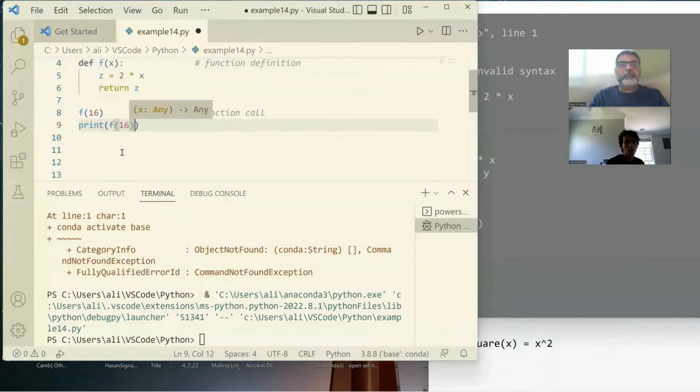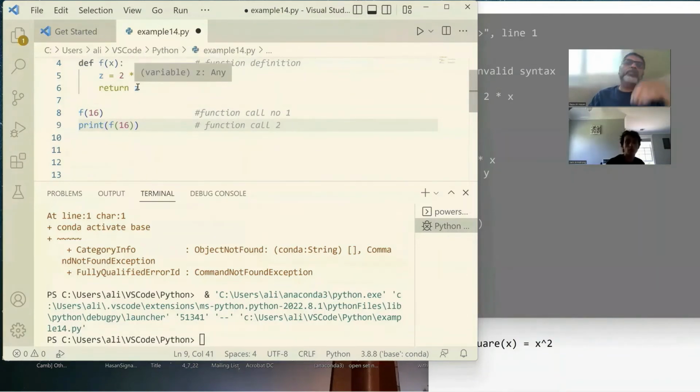Oh, 16. Okay. So now we have 2 functions. Function call number 1, and now we have function call 2 inside the print. So when the compiler comes to line 8, it goes back, uses 16, and calculates 30 and throws it